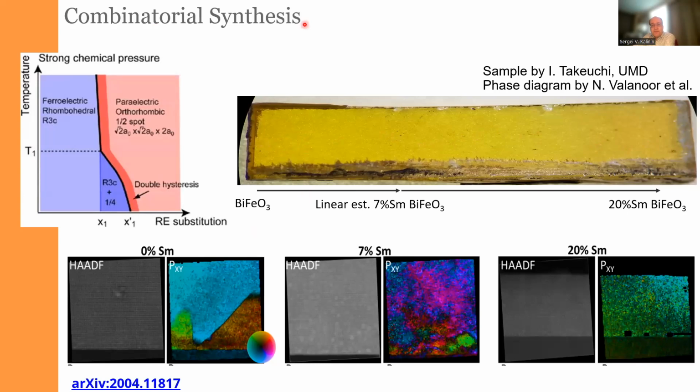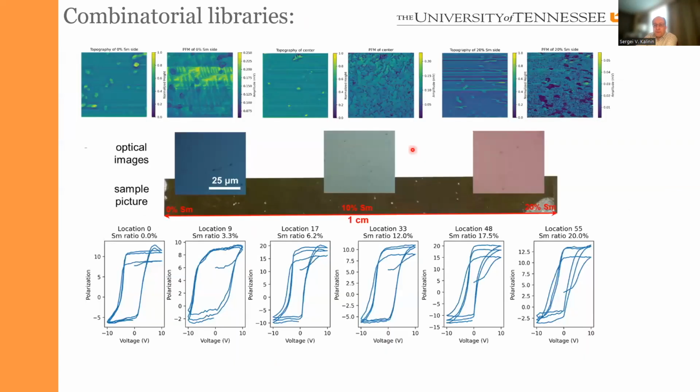So I've shown you this example in the beginning when we have the bismuth ferrite and samarium doped bismuth ferrite. It's interesting because it spans the whole phase diagram. The problem is that it's hard for us to choose the right location to do the measurements. Measurements are expensive. In fact, it is also a problem even if the measurements are cheaper, for example, using